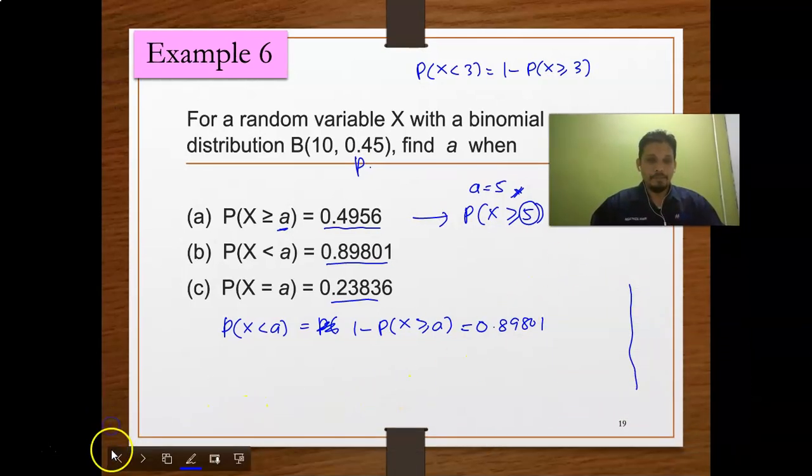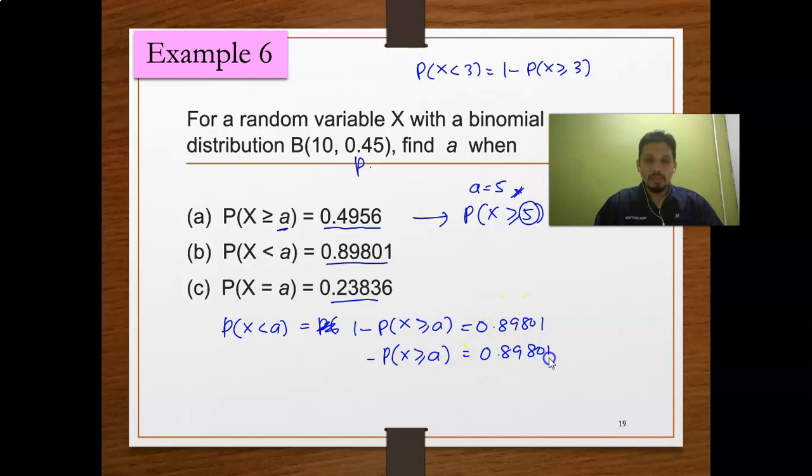Okay, for this one here now, 1 minus the probability of X greater than or equal to a equals 0.89801. So then the probability of X greater than or equal to a equals 1 minus 0.89801, after moving the terms and multiplying left and right by negative. And this gives you